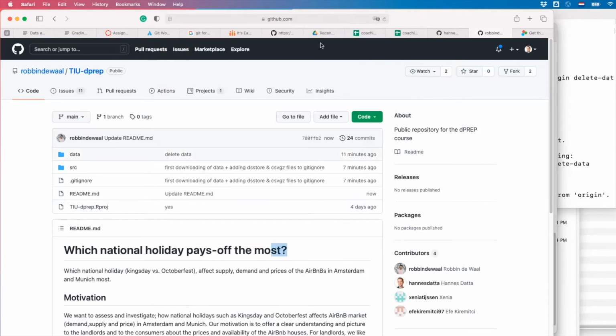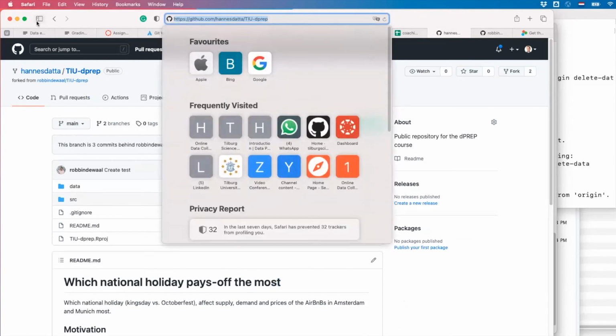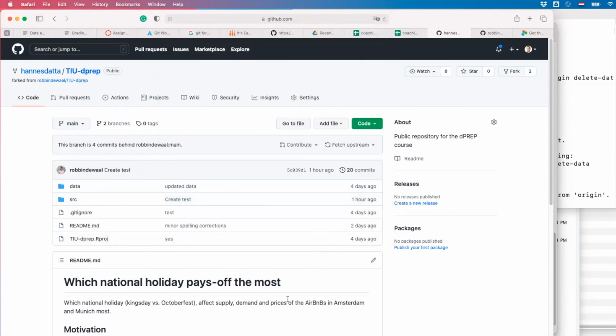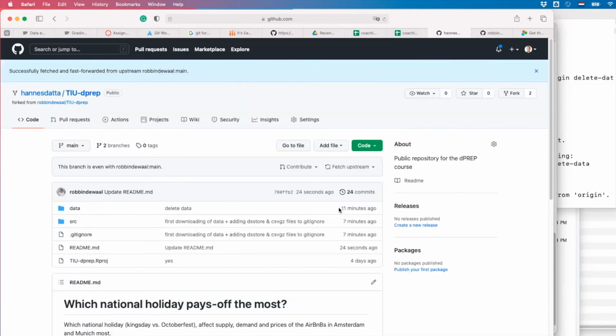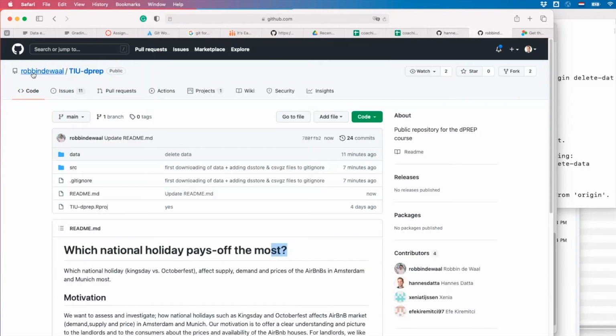Right now, this is the change, but in my repository, and I click on refresh, it's not there yet. It's a copy I took half an hour ago. So what you can do now is you can fetch upstream and fetch and merge. And now you're getting also those changes of the main repository. And you see, I got that question mark too. Now you can continue working off any of the issues that Robin has on this page,